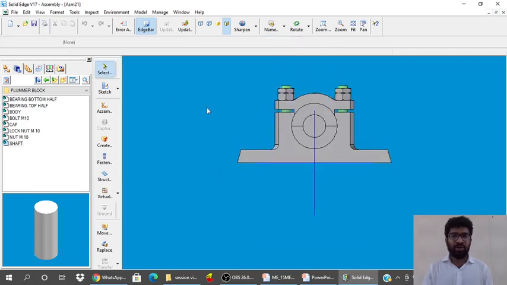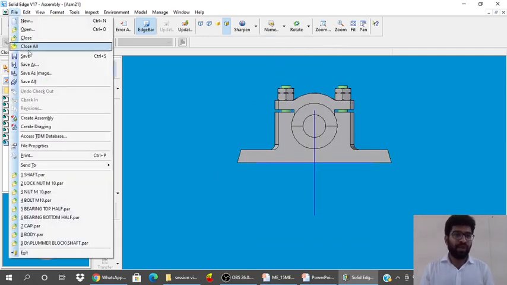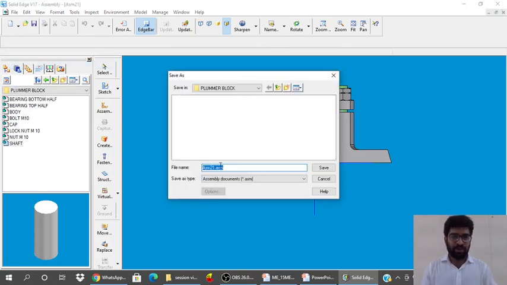After creating all the assembly, go for file, save as, give the file name as plumber block assembly, and then save.